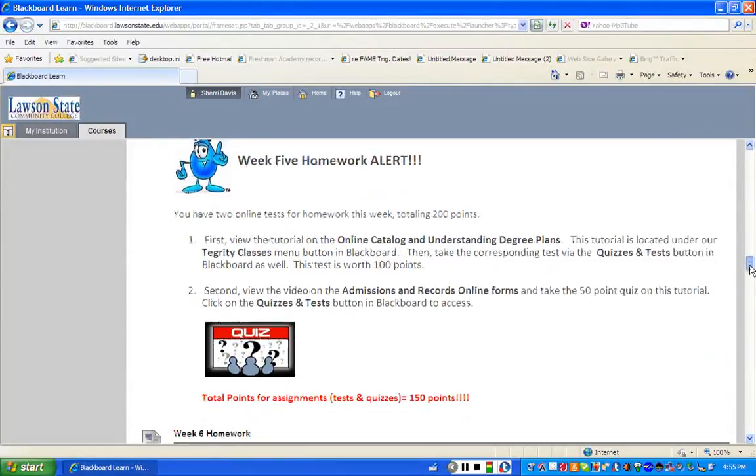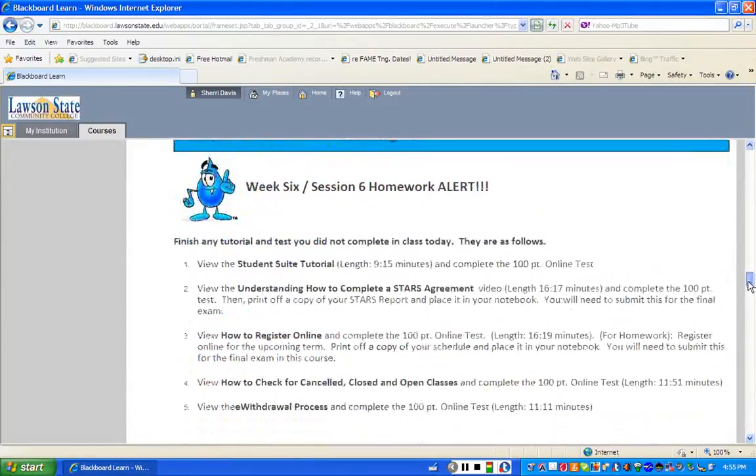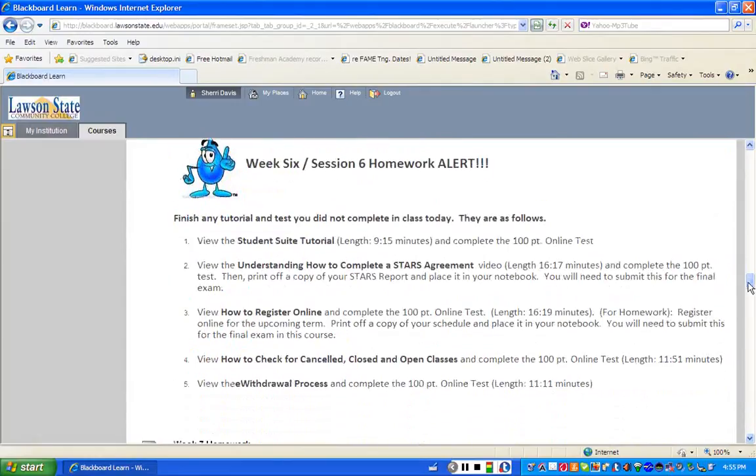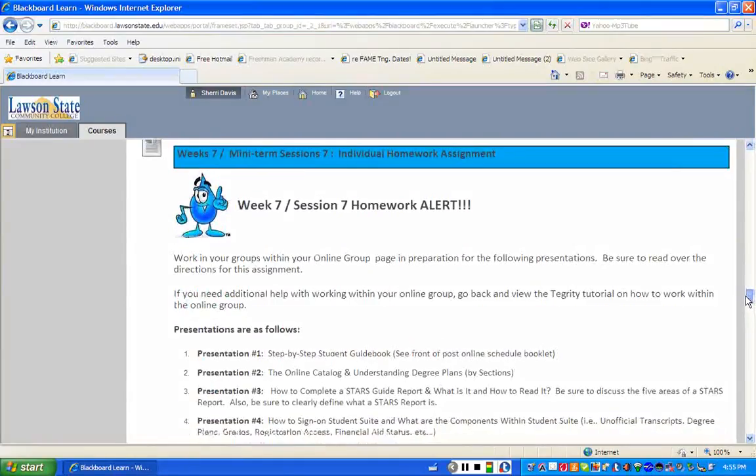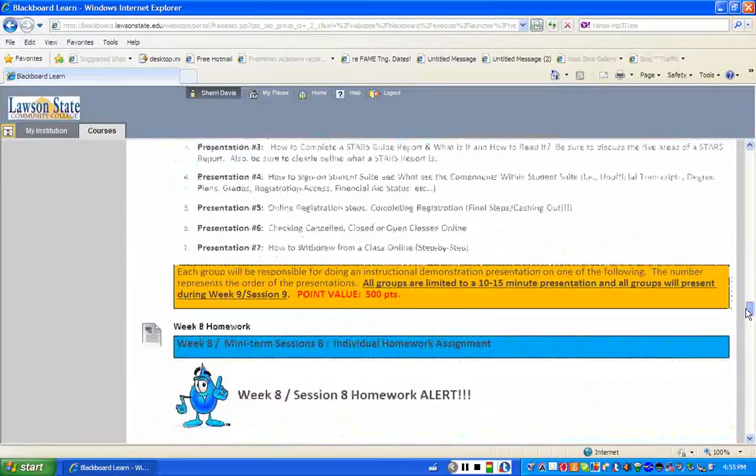The key is to read and view the tutorials and do the test. So, for example, look at week 6. It's telling you to view online registration and complete the 100-point exam. So again, some of the tests are done during the course itself in class, but the majority of things are